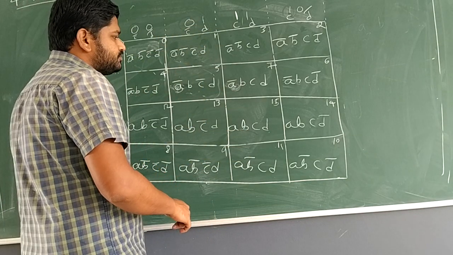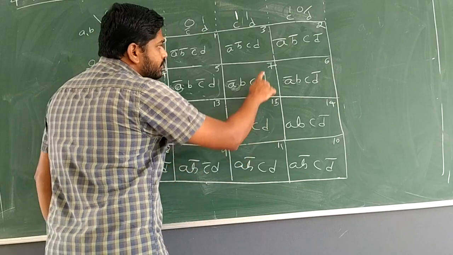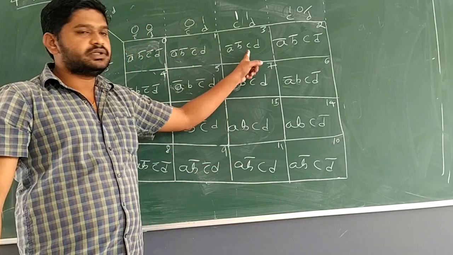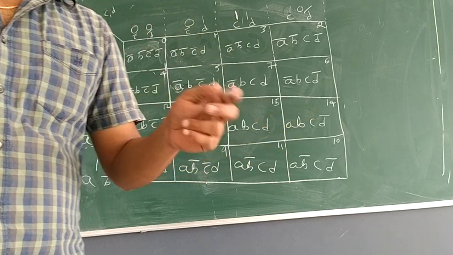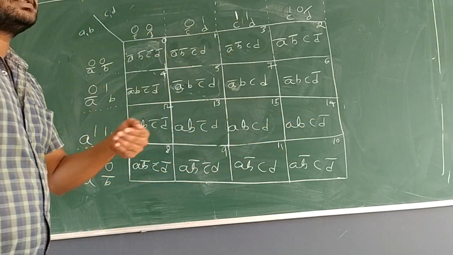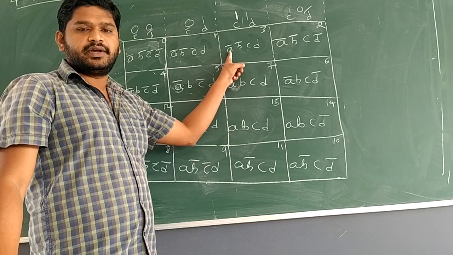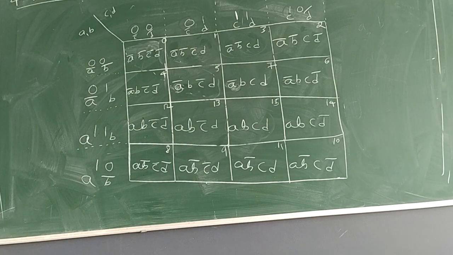Now try to compare 15 with 3. Try to compare 15 with 3, which are far. Actually, we have to compare only 2 neighbors. For analysis purposes, I am comparing A, B. See here, A bar, B bar. We got 2 differences, so we will not consider it for comparison.